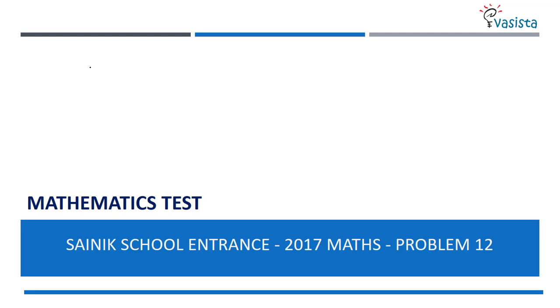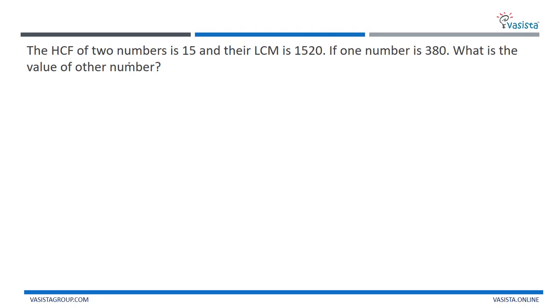Fine. Now see, this is problem number 12. Let us solve this one. The HCF of two numbers is 15. What have they given? The HCF of two numbers is 15, right? And the LCM of those two numbers is 1520. One number is equal to 380, and we are supposed to find the value of